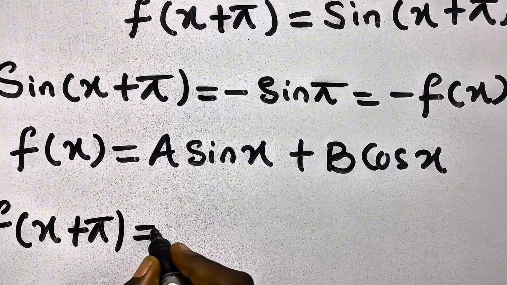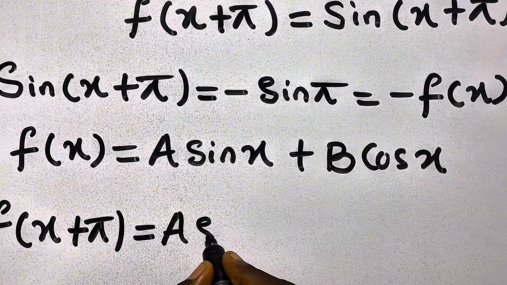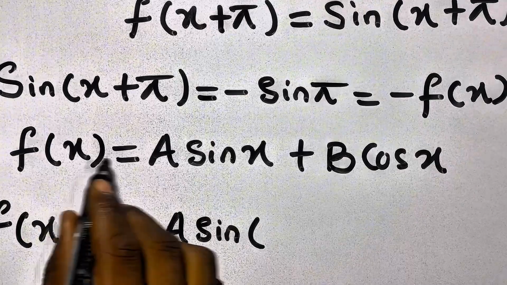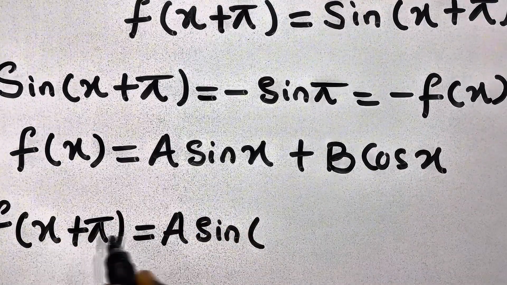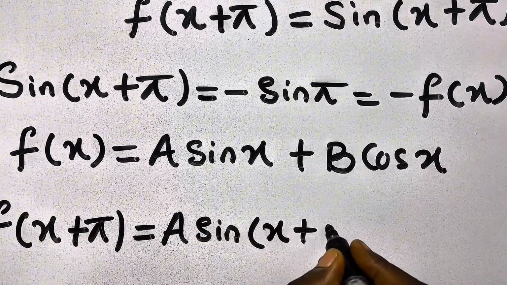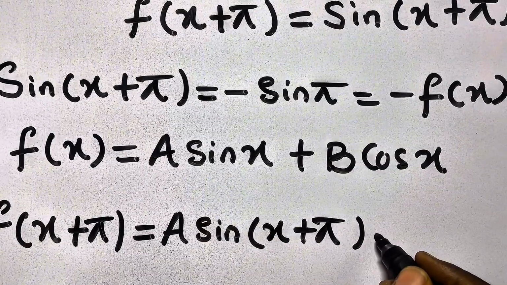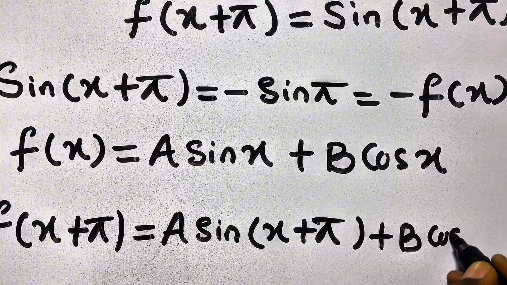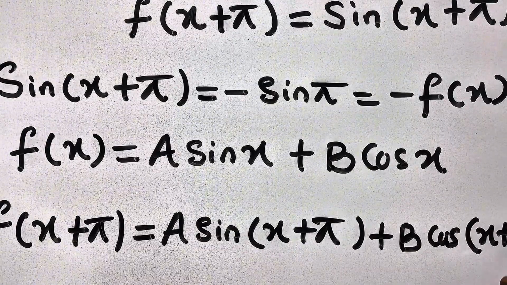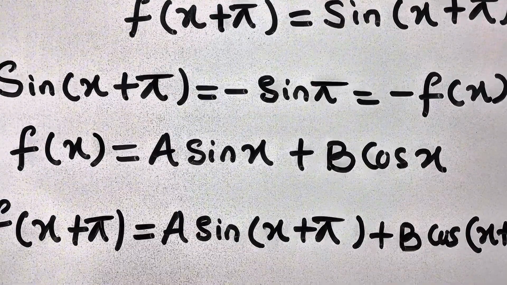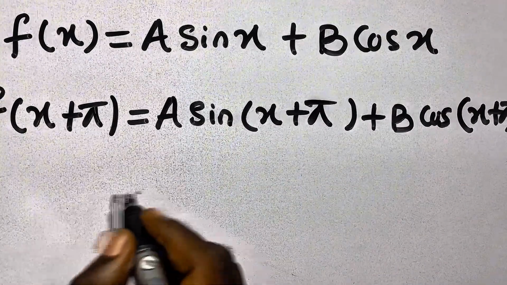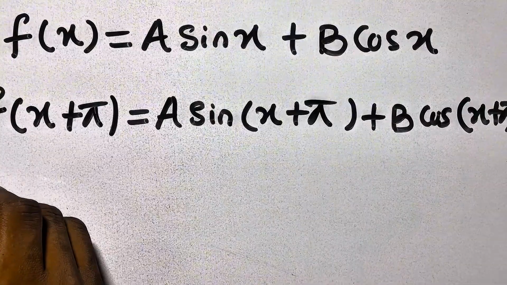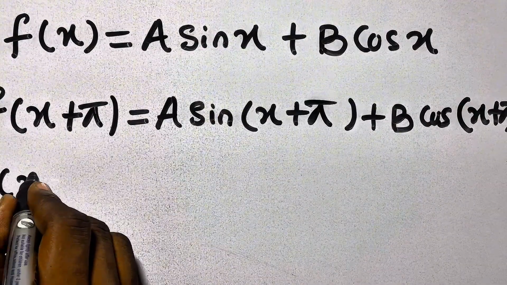So it equals a sine, and instead of x here, we are going to put x plus pi, plus b cos, and we put x plus pi here too. Then what we'll have next is f of x plus pi